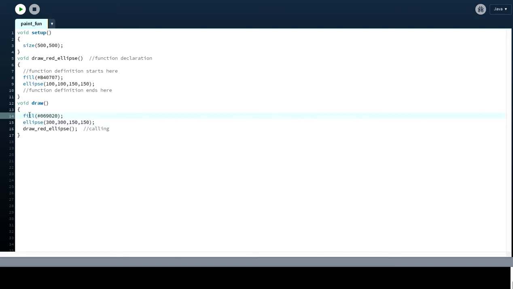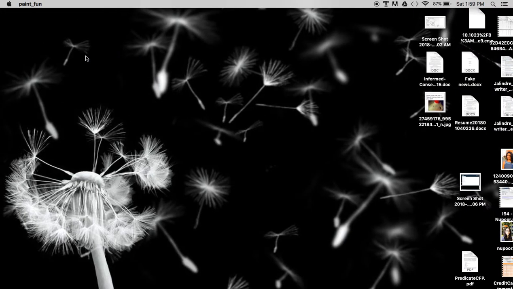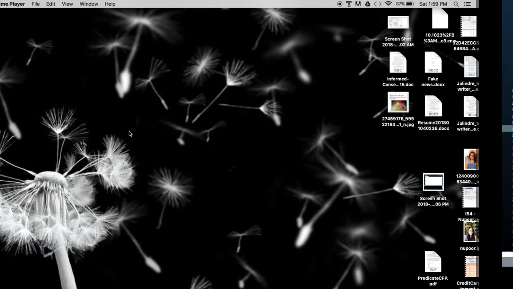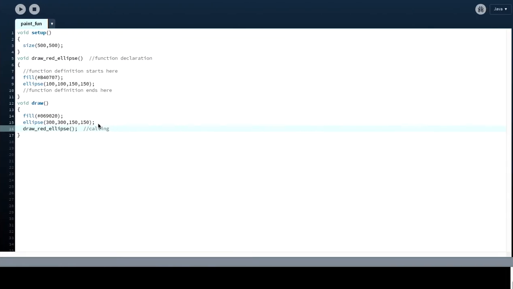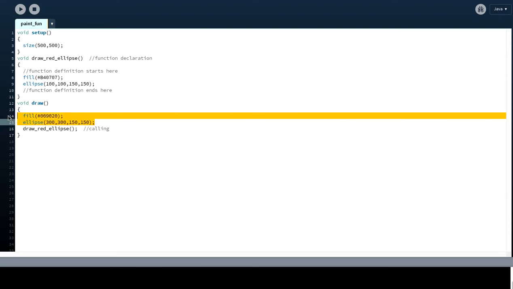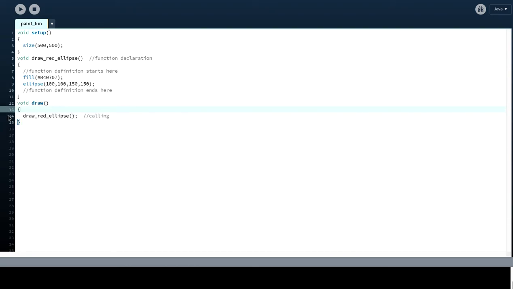So now it is easy because this is only 2 steps, but if it was much longer, it would have been tedious to remove all the steps from one place and put them into another and then make them work. So what I'm going to do is, instead of this, I am just going to cut this out and create a new function, which is, the syntax for creating a new function is you write void,